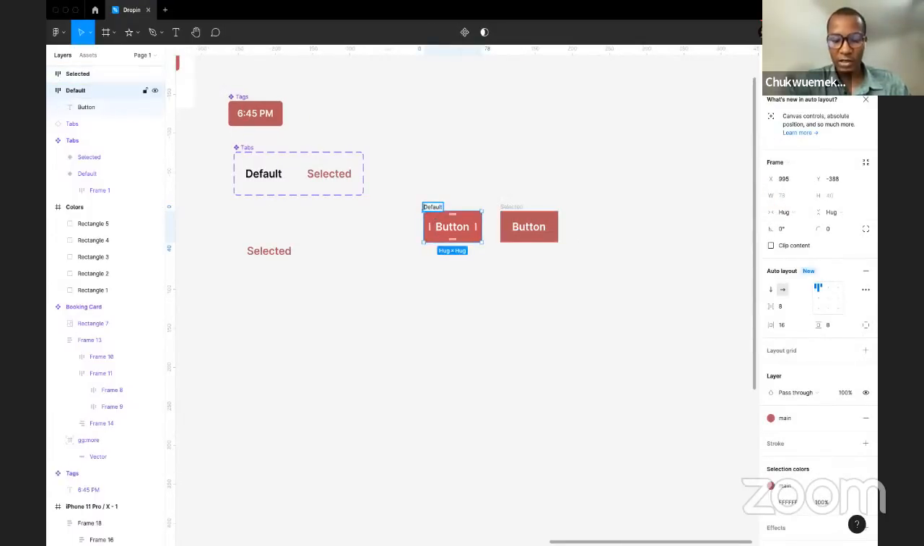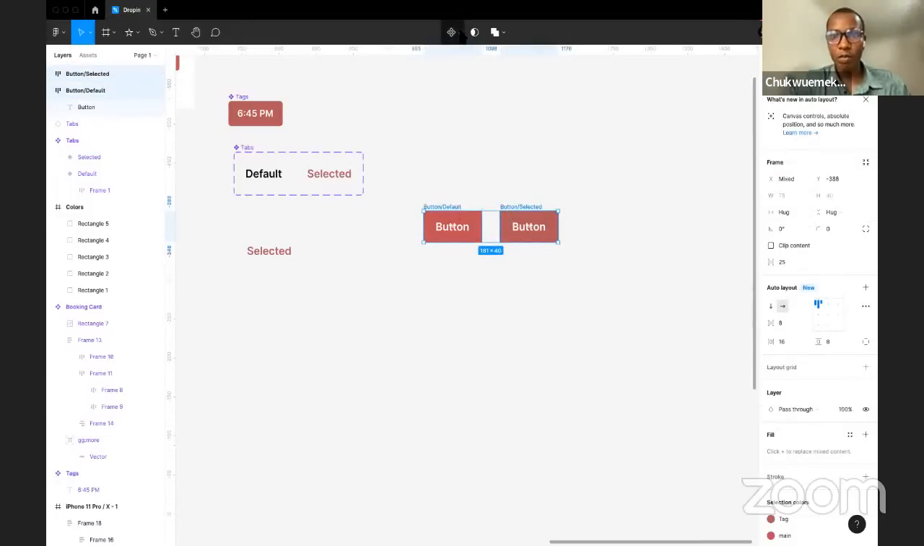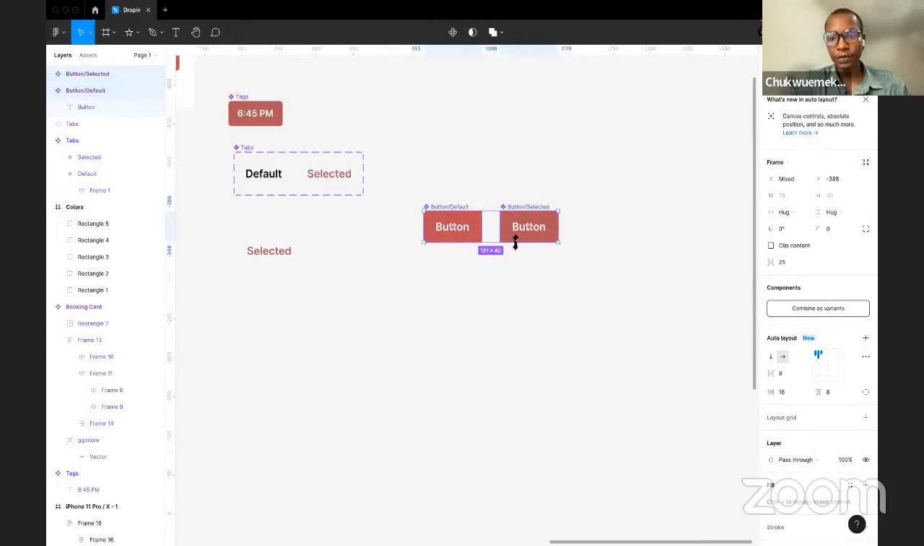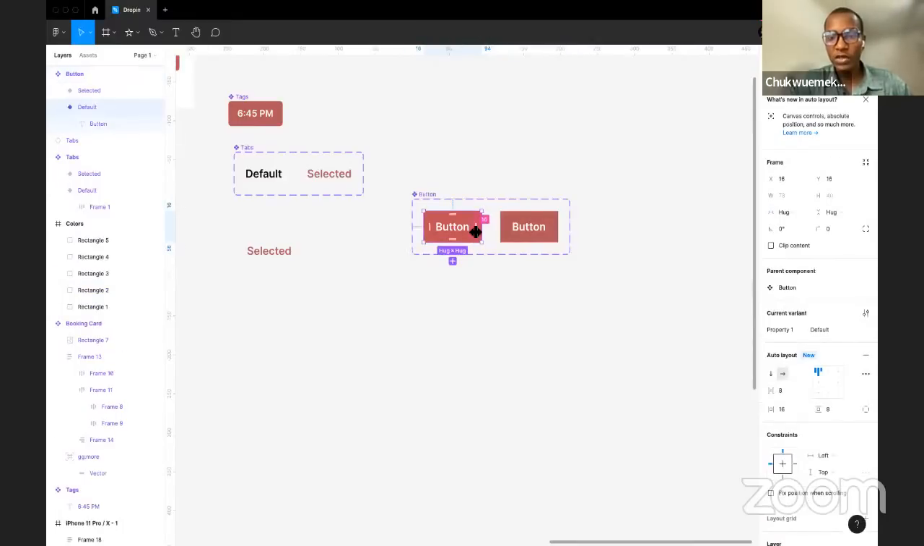So these two buttons now, you can rename them as button slash this, button slash this, and you make them multiple components. Then you make them variants. So you first of all create components, then you create variants. So you make them variants, and so this is the type. So you can change this to type